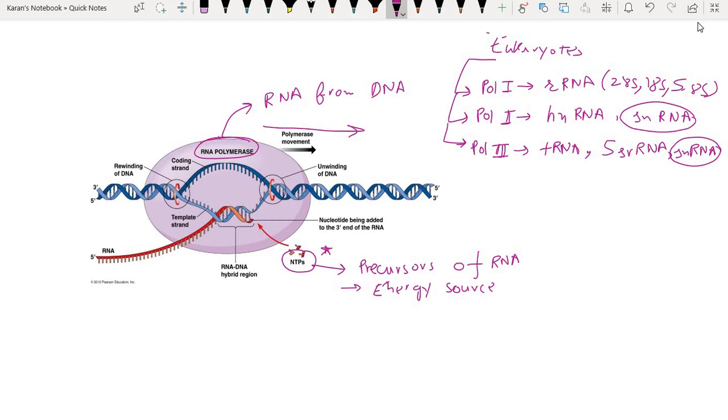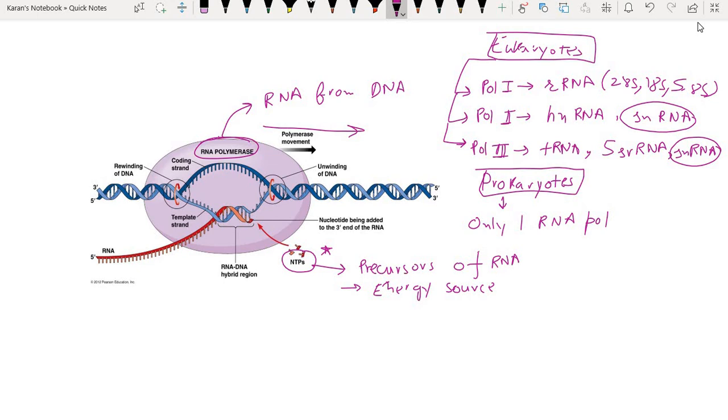There are 3 polymerase enzymes in case of eukaryotes, but not in case of prokaryotes. In case of prokaryotes, there is only one RNA polymerase. I will write it as RNA pol, so it is one and the same thing. Now next you can see here